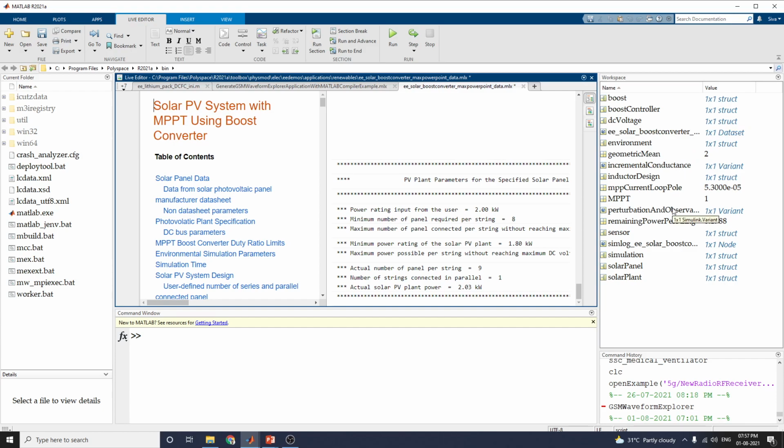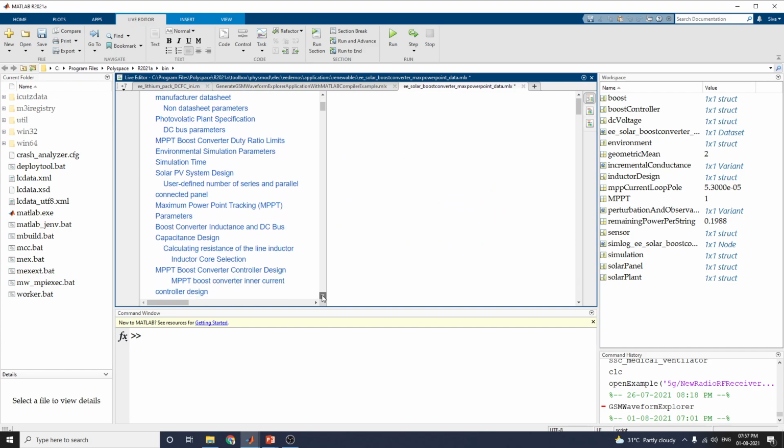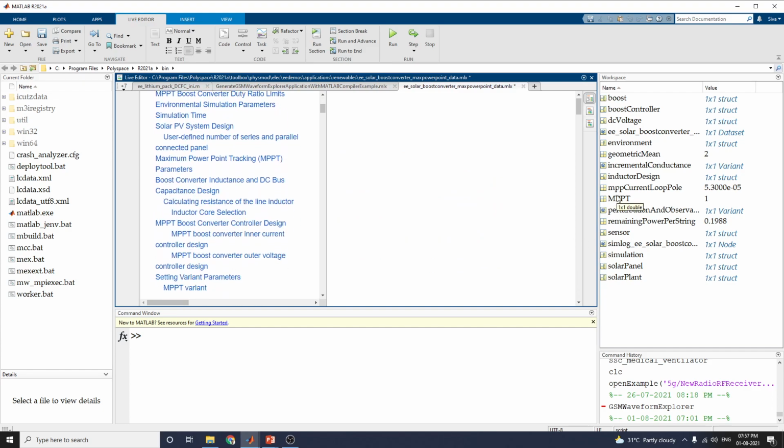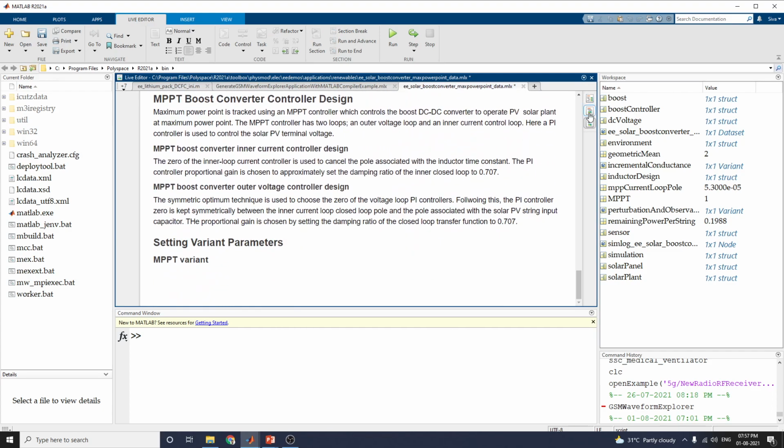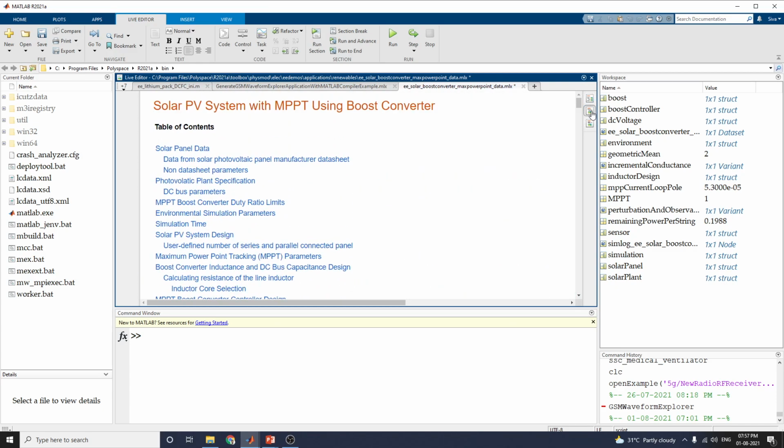This is the PV plant specification, DC bus parameters, environmental simulation parameters, user defined number of series and parallel panels, MPPT values and parameters, boost converter inductance and DC bus, and also calculating the resistance of the line inductor and inductor pole selection. All the things are given here. In this manner we get the option for output on the right side, and this is output inline, and the next one is the code hidden view.